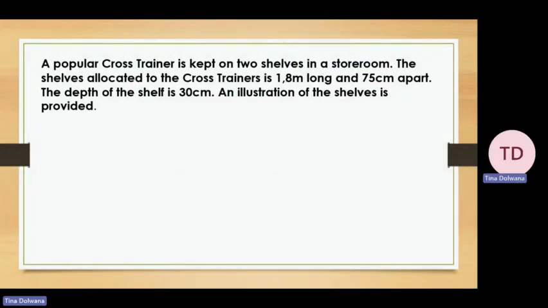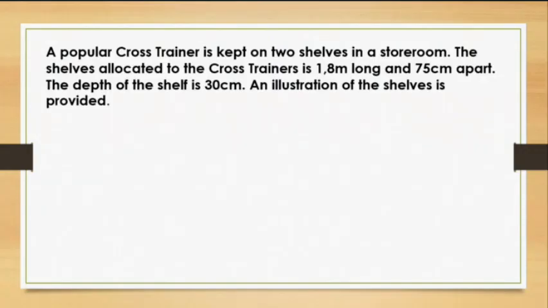Now, a popular cross trainer is kept on 2 shelves in a storage. Now, the shelves allocated to the cross trainers is 1,8 meters long and 75 centimeters apart. Now, before I can even go anywhere, I can see that, why do I have meters and centimeters? At some point, I need to do something about that, but let's just see where the question is leading us